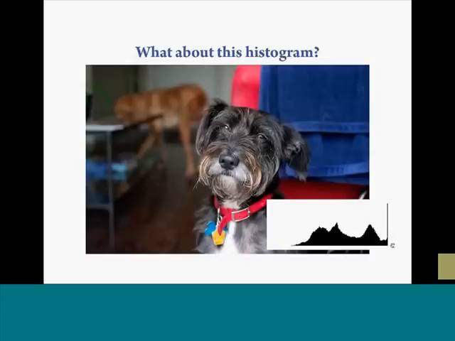Now, because there's a continuous scale from 0 to 255 at the bottom of the histogram, 0 would be over here, and that would represent black. It doesn't look like there's a whole lot of pixels represented in the black. White would be around here at 255, and it looks like we've got a whole bunch of pixels jammed up against the white. So our question is, does this histogram represent a well-exposed photograph?